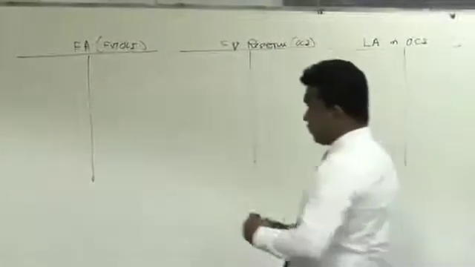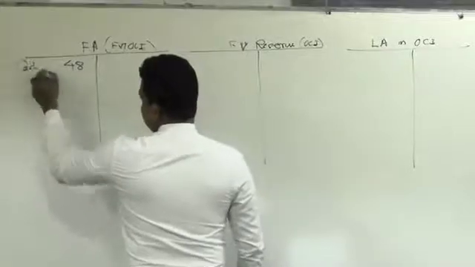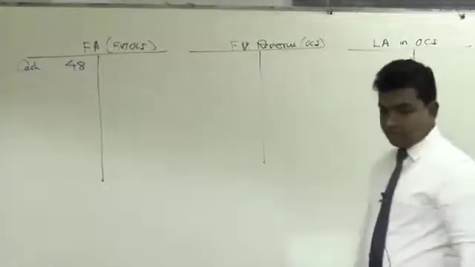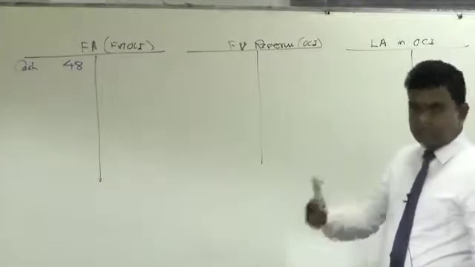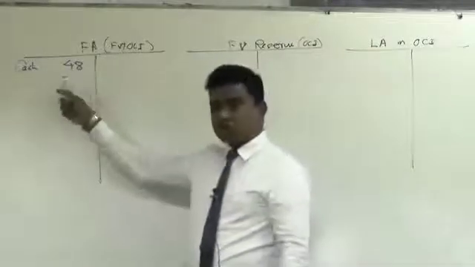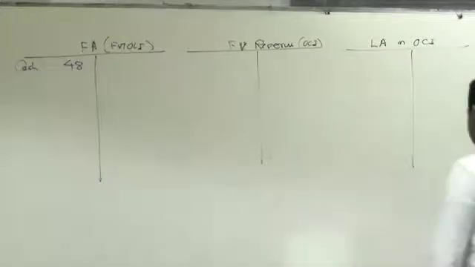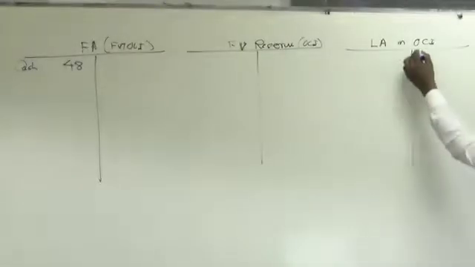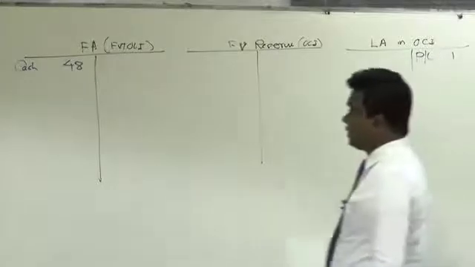You have invested 48 initially in the asset, right, in cash. Even though it is fair value through OCI, you will recognize interest income on the amortized value. When you identify the asset, the expected loss is also identified at the same time. At the same time, you need to recognize the expected loss: P&L debit, loss allowance credit, that is the OCI account credit, 1 million according to that example. Clear?